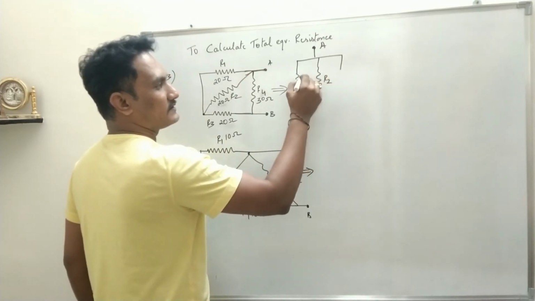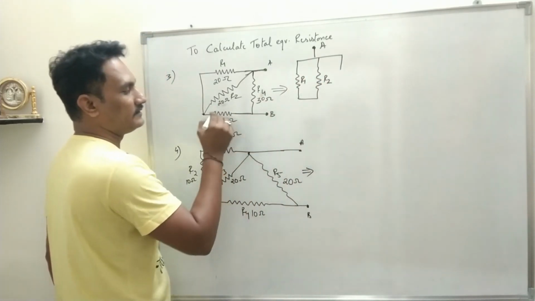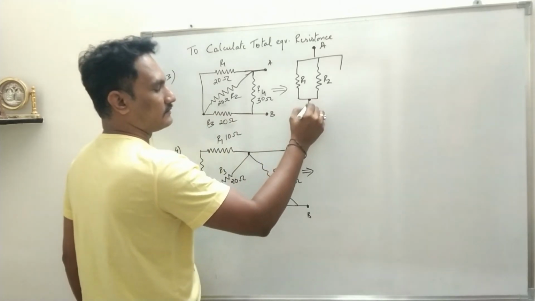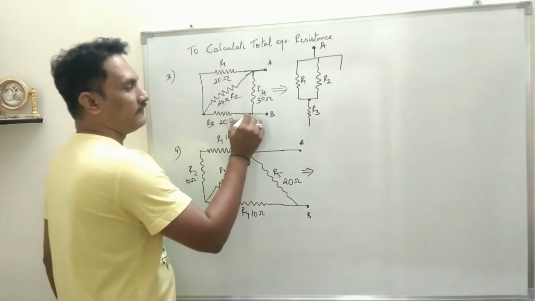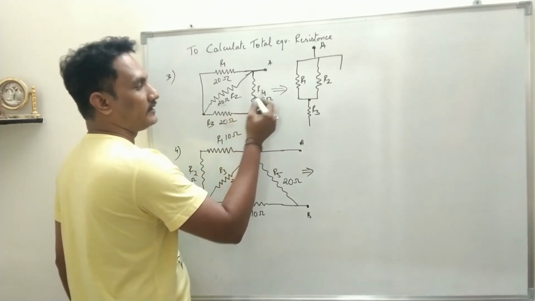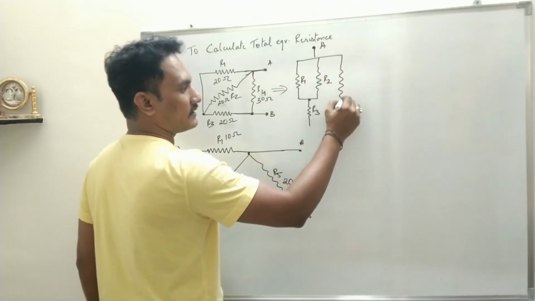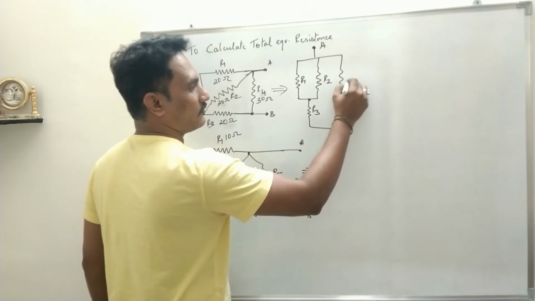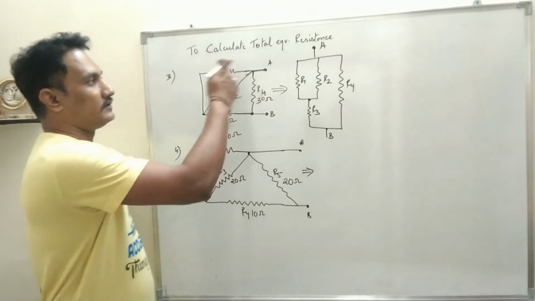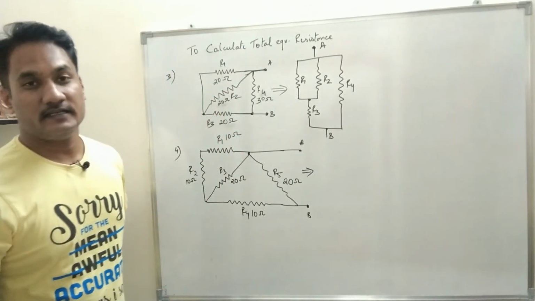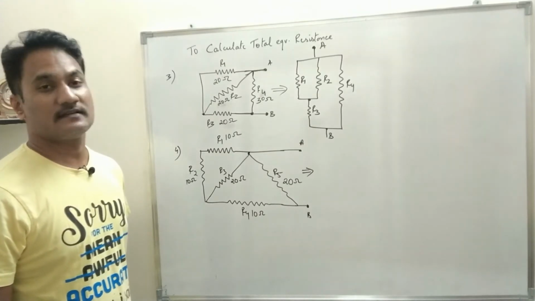R2, and this is R1. They combine at this point. And when you go towards B, there will be a resistance R3. And where the R3 ends, at the same point R4 also ends, and R4 starts from the point A. So here you will start R4. And the R4 will combine at this point. From there it will go to B. So now instead of directly checking from the circuit, we have drawn the simplified diagram, which makes it easy for you to understand.